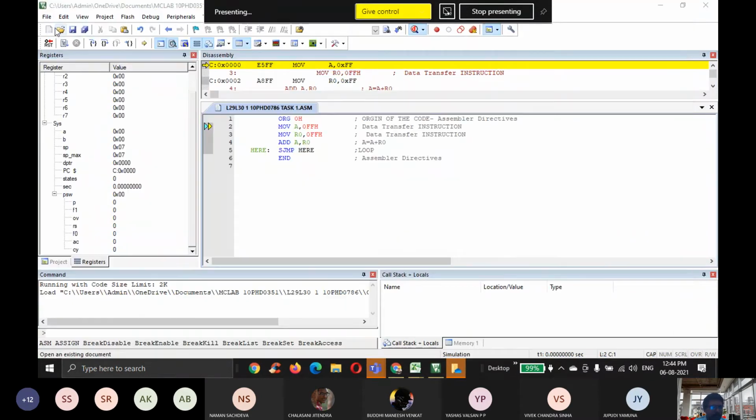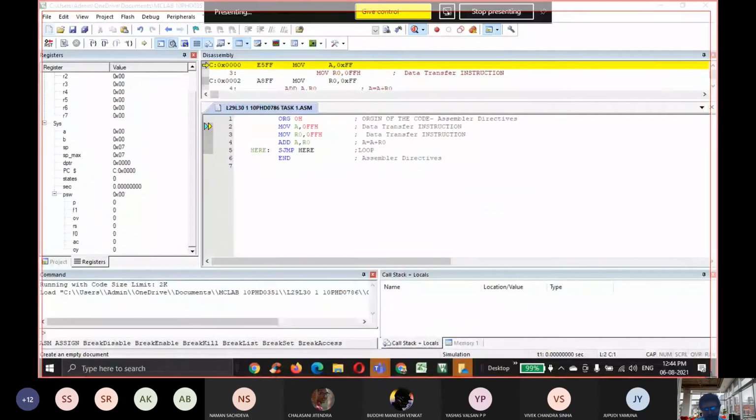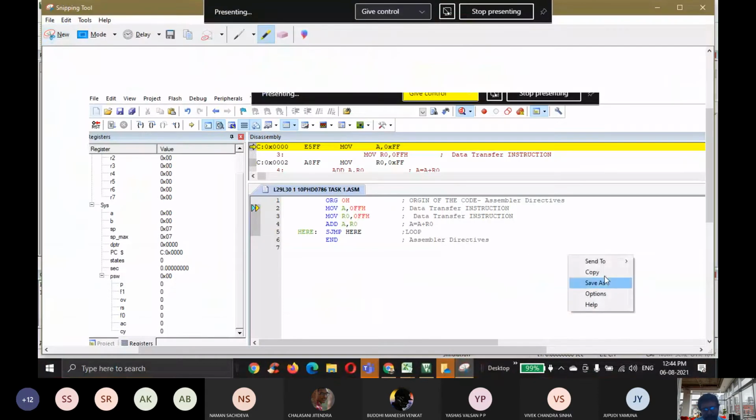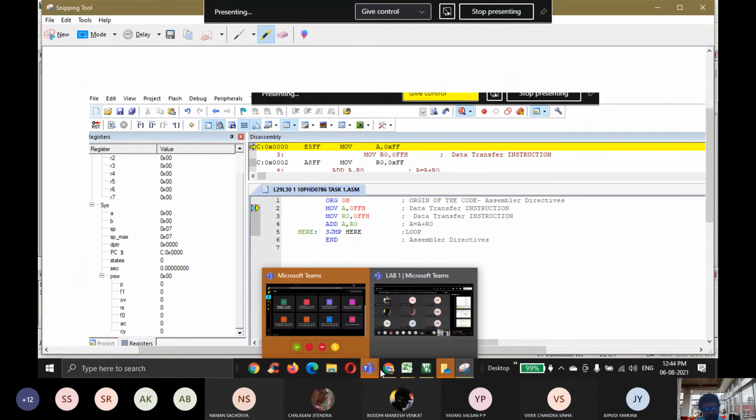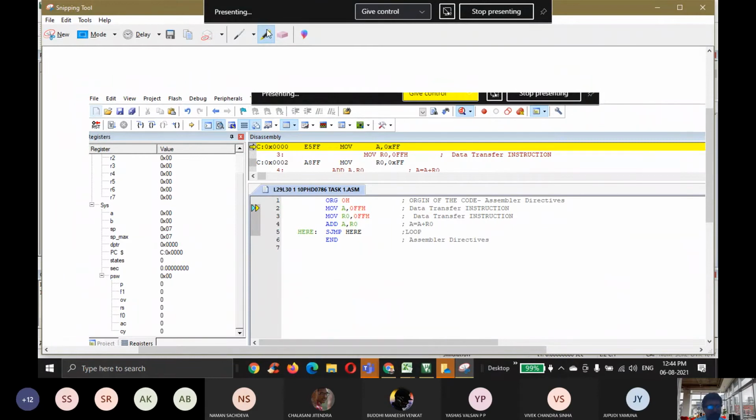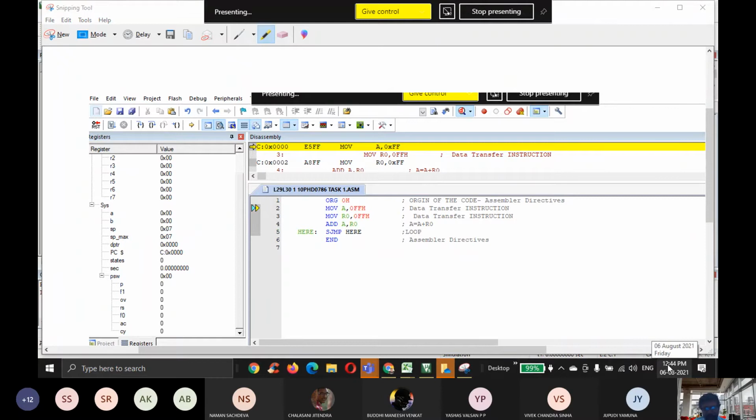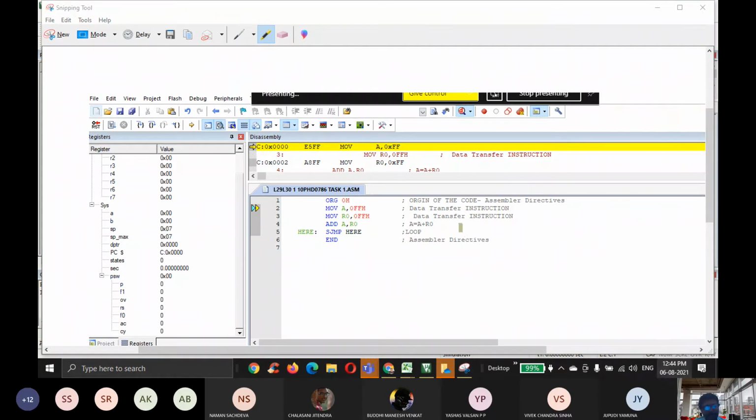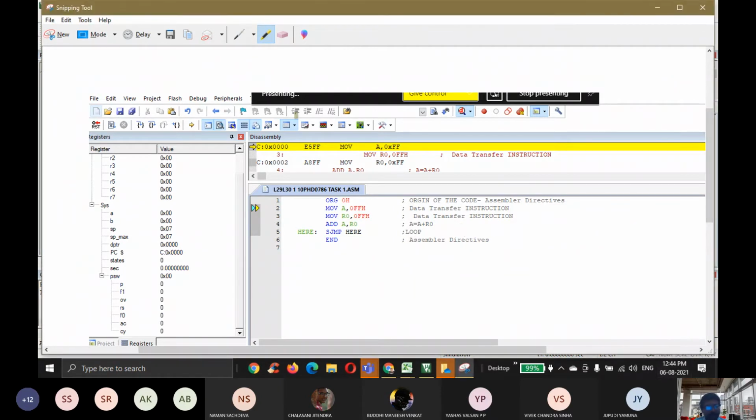And when you are doing snipping, snip it with your date and time like this. This will show when you did what you did. That is very important and mandatory for each and every student. To validate yourself, if you want to prove that you have done it on time, this date and time will prove it.